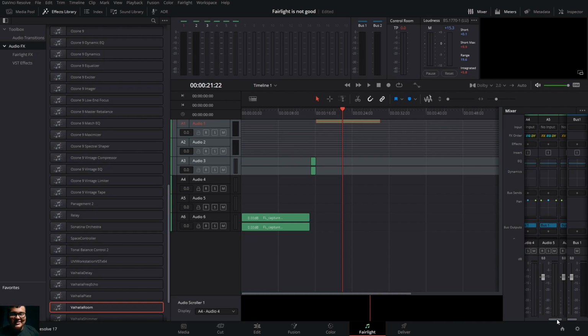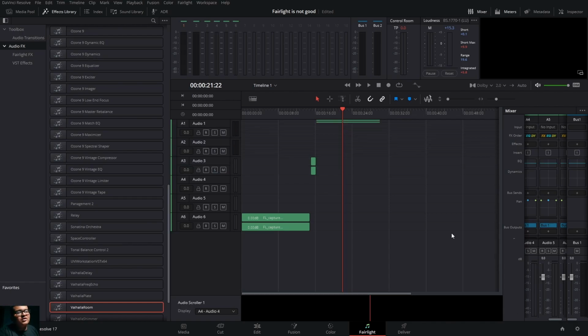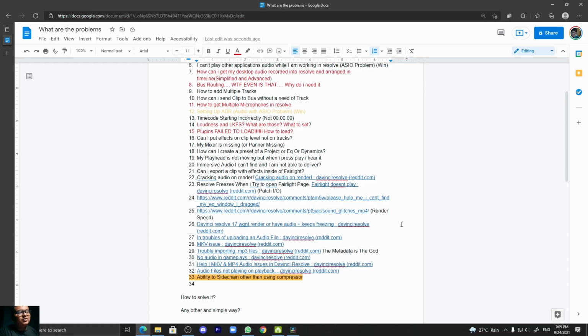I want to side chain directly from the plugin, not from the track. Even for EQ, I need a side chain, something like that. So that one was told to me. And these are all the Reddit things, so I'll be covering it in the next one or something.